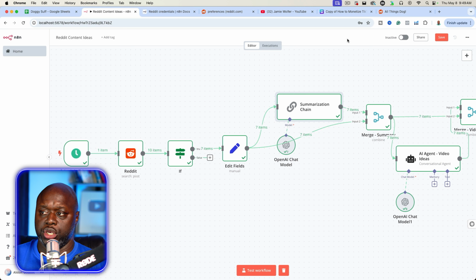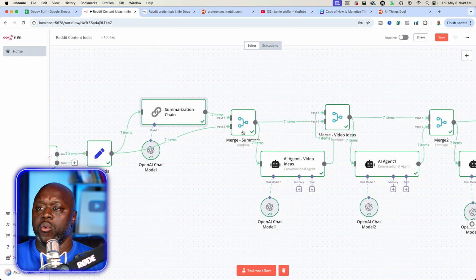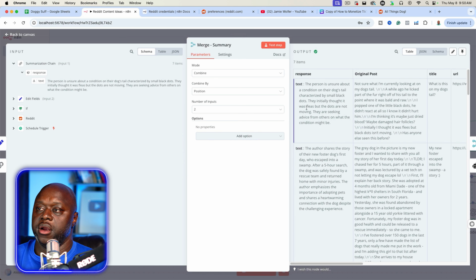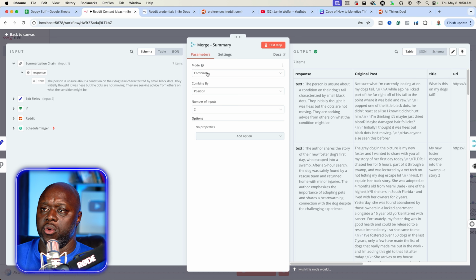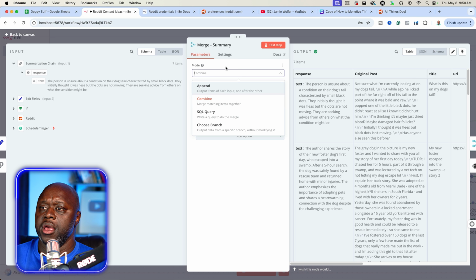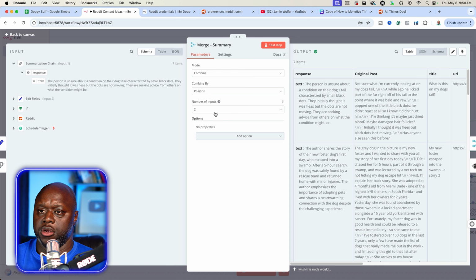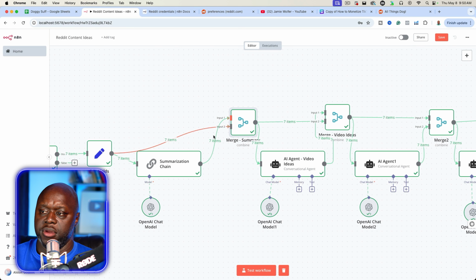We could essentially just go from summary to digital product ideas or content ideas and be done with it if we wanted to. But just to make this more efficient, we merge it back together. So we bring all of this information back together. What we do here is combine our response with the previous information that we had. And to do that, there's a few options. We click on combine, we go by position, and there's 2 inputs. As you can see there, we take the summary and we take our edit fields, we put them together,